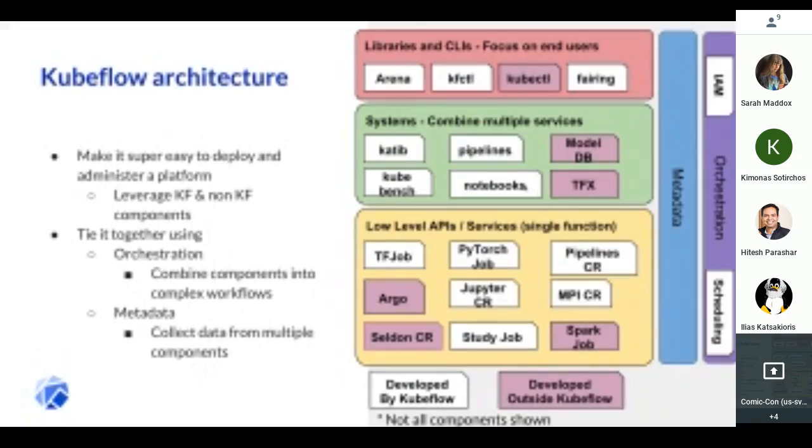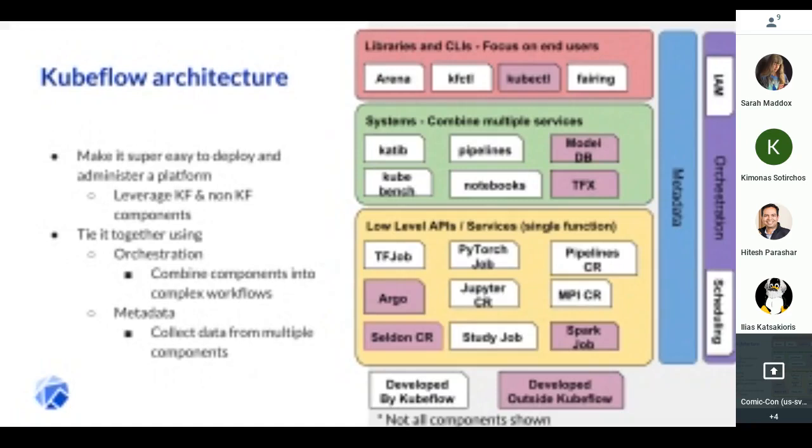And these systems aim at combining multiple of these low-level services to provide more complete functionality for our users, right? So a big one would be Kubeflow pipelines, which attempts to combine a bunch of these low-level custom controllers, as well as some added functionality like a web UI and a CLI to provide a complete user experience. Similarly, we have a bunch of services that comprise our notebook management solution, so people have a good story around notebooks, as well as hyperparameter tuning and Katib, which combines multiple components.